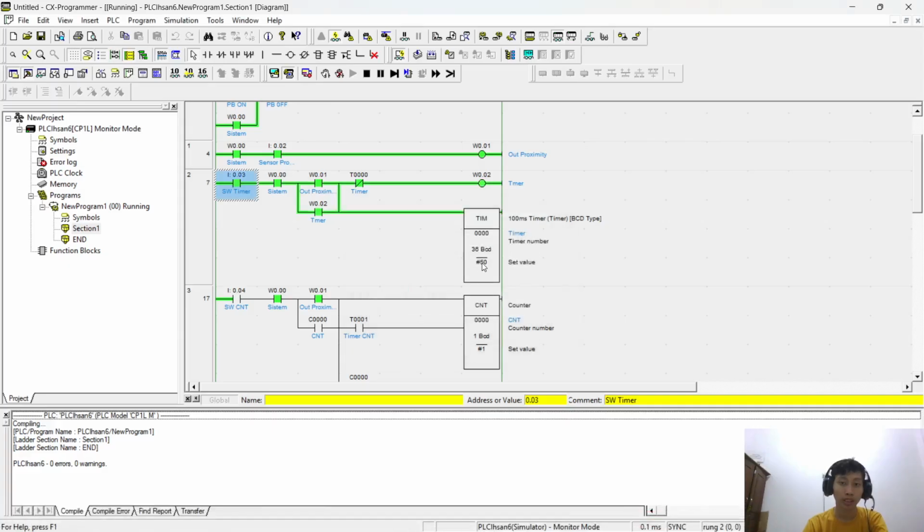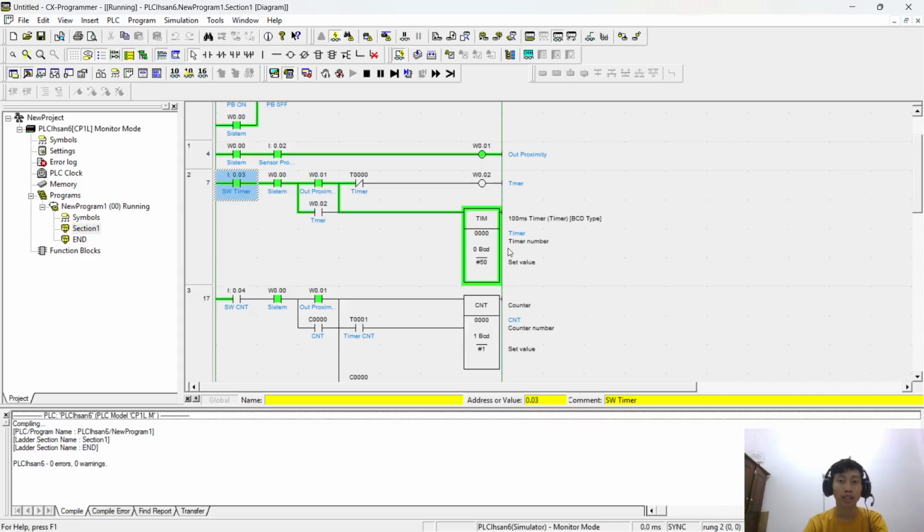like this. The timer will go down and go to 0 from 50. The timer is like 5 seconds.